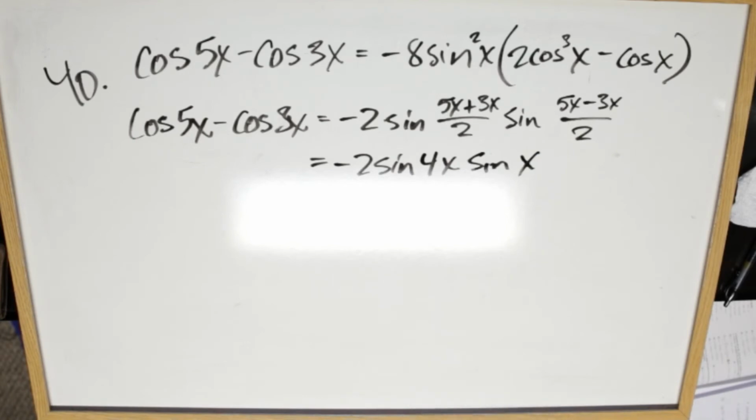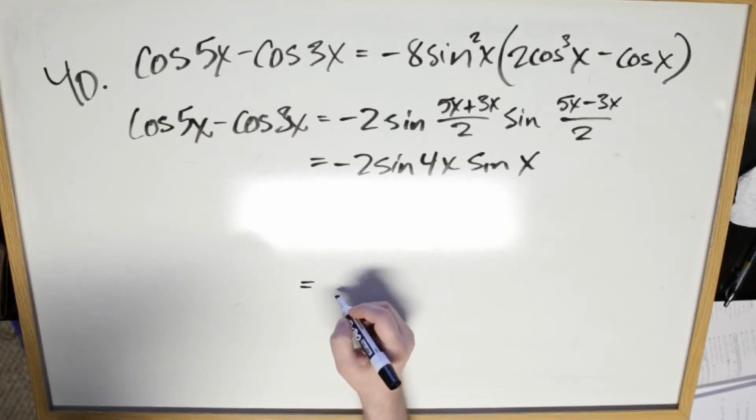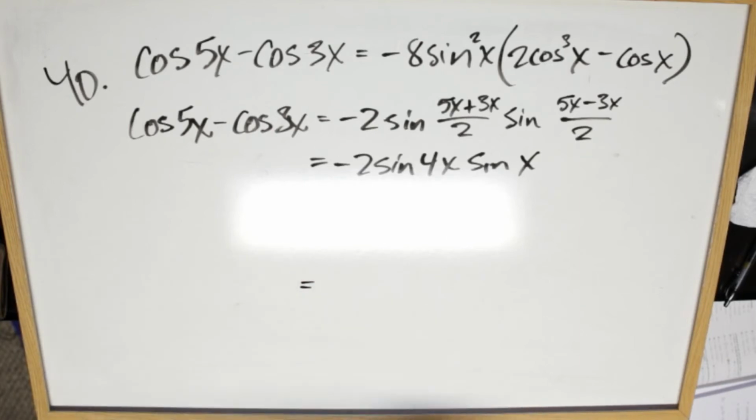Now we can actually use the sine of 4x function and simplify that even further. That's like the double angle identity from the last section. I don't know if you remember that, but what you can find is that if you punch this in,